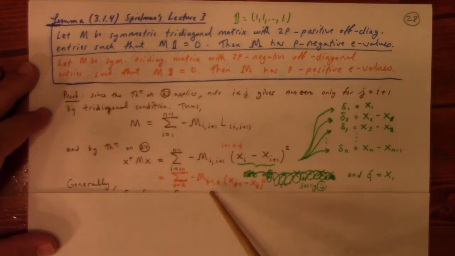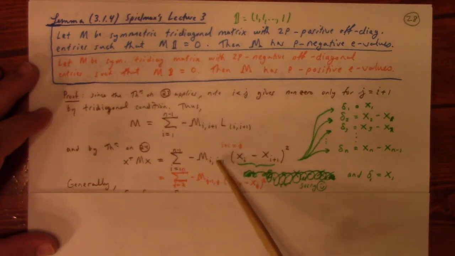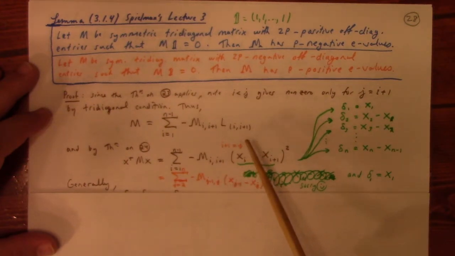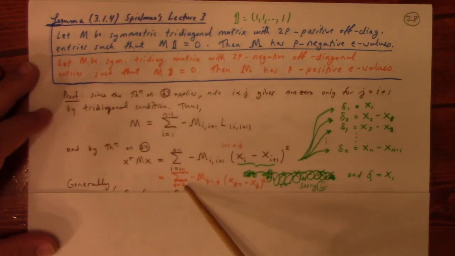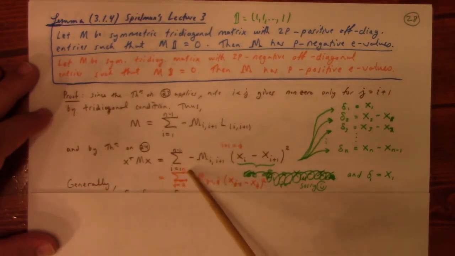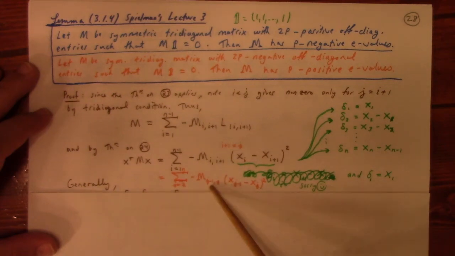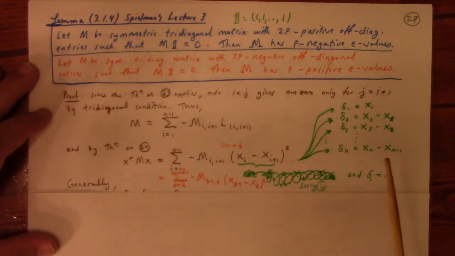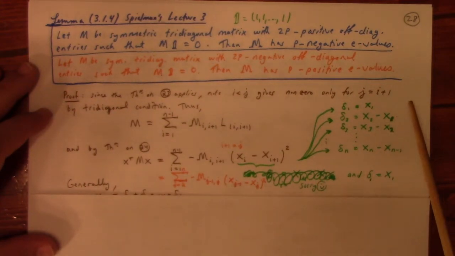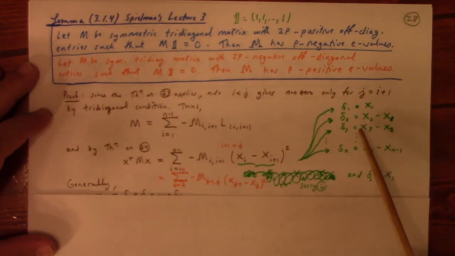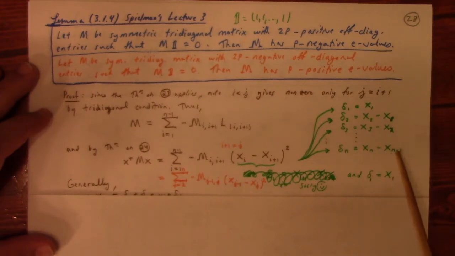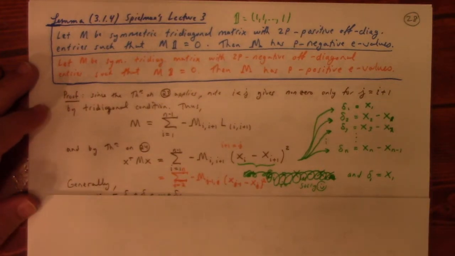I would say switching i plus 1 equal to j. When you do that, instead of i starting at 1, you'll have j starting at 2, and instead of going to n minus 1, it'll go to n. Instead of having i, you have j minus 1, and instead of having i plus 1, you have j, and that would give you this difference squared. Again, sorry, I haven't had it white out. And if you introduce this new system of coordinates, delta 1, delta 2, delta 3, delta n, like so,